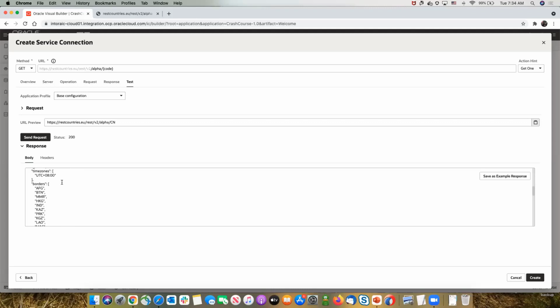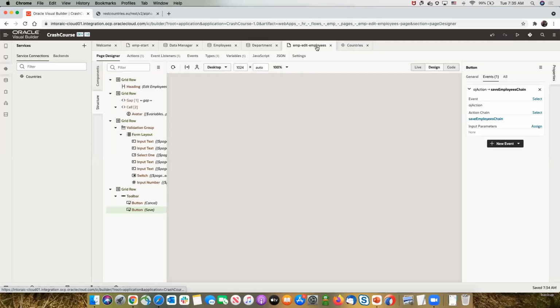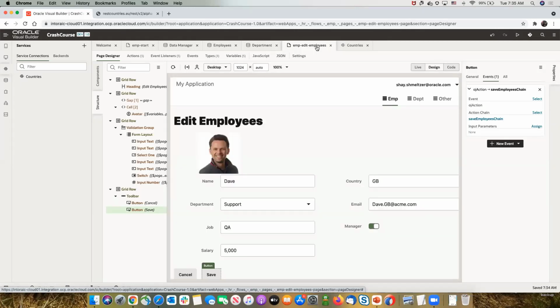But there you go. This is the structure of a response. So I'm going to tell Visual Builder, this is your typical response from this REST service. Keep it so you would know what is the typical structure of the data that we're getting back. And now we're ready to go back to our UI page and integrate this set of information into our